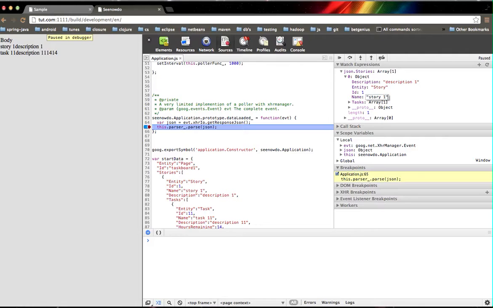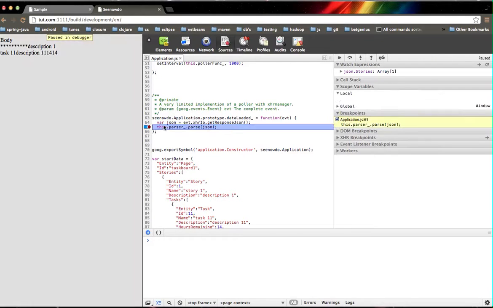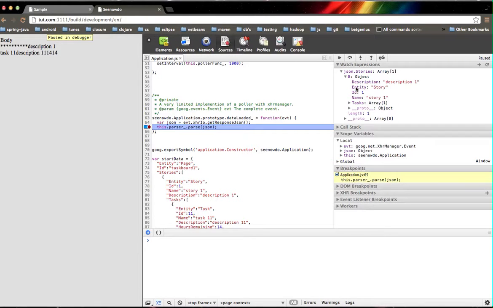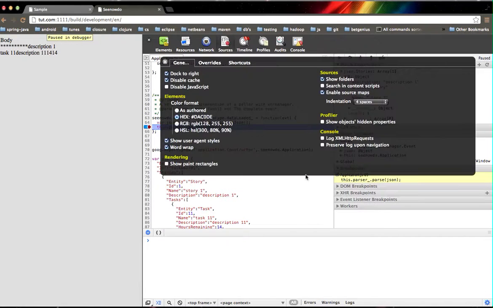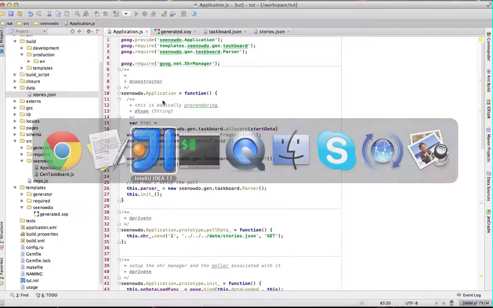So I'm going to change the name to story. Change to story. Boom. There you can see the binding fired. In the same way, of course it comes back in a story 1. Something I did is I disabled the cache on this one. So if I take this breakpoint away and I start playing with this,